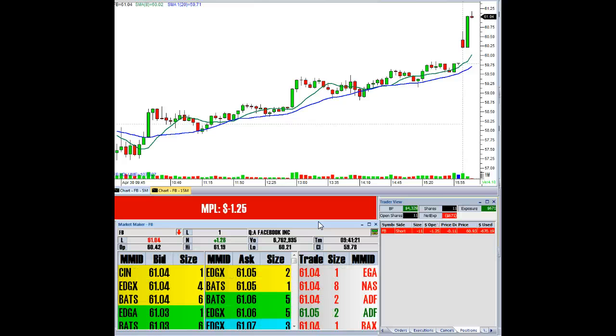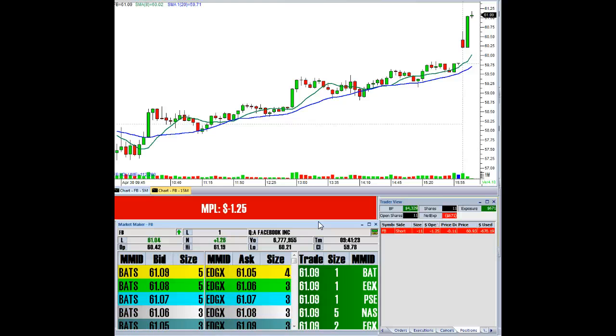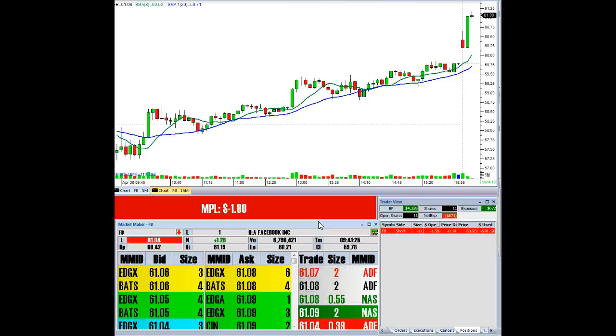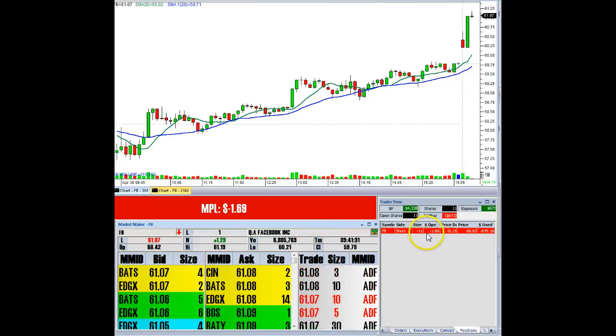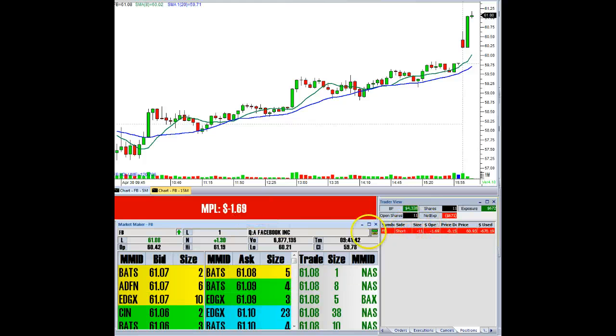But you should expect it. Stocks don't go in a straight line typically. So they go up, they pull back, they go up, they pull back. So on the next pullback, I should be able to reduce my position, which is essentially as soon as this turns green, gets near zero, I'll cover, let's say, 6 shares out of the 11.